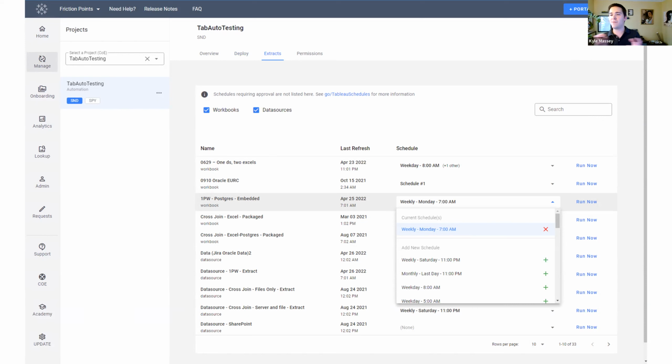So we want them to have the flexibility to do this, but we use the REST API and other automation opportunities to build this UI for them so we can let them do it in a more controlled way. You can see here we give them the option to run now, add a schedule, remove a schedule. We show them the schedules that they currently have, things like that.